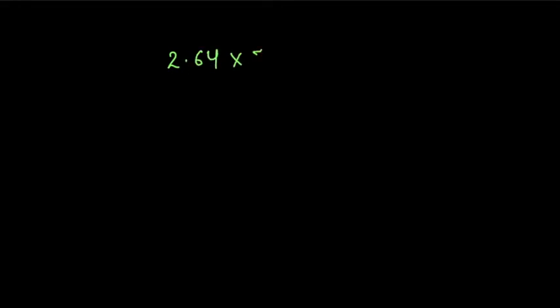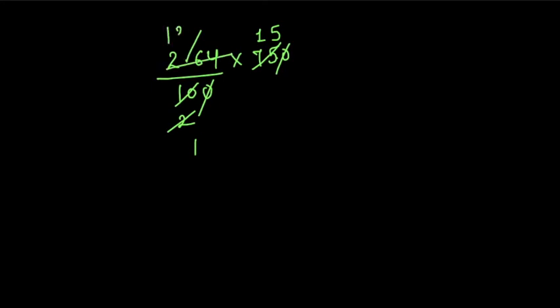2.64 into 750. Let's remove this decimal and get 100 here. I can cancel this 0. 5 2s are 10. 5 1s are 5. You get a 2 here. Makes 25. 5 5s are 25. Shall I cancel this? 2 1s are 2. 2 3s are 6. 2 2s are 4. So you are left with 132 into 15.